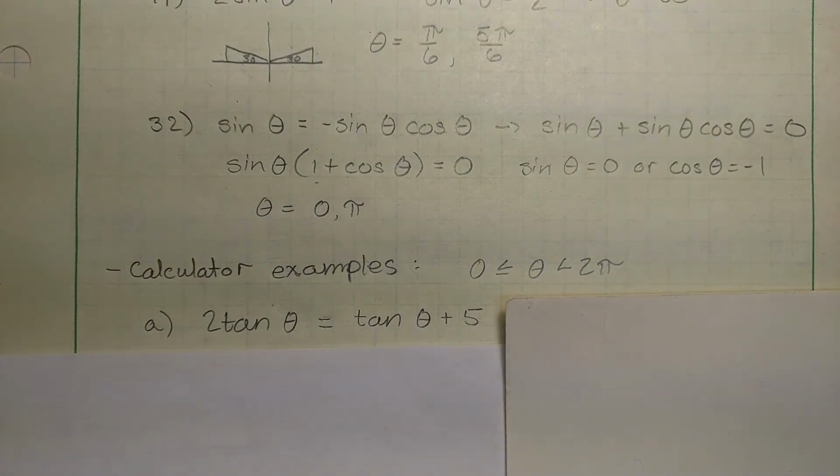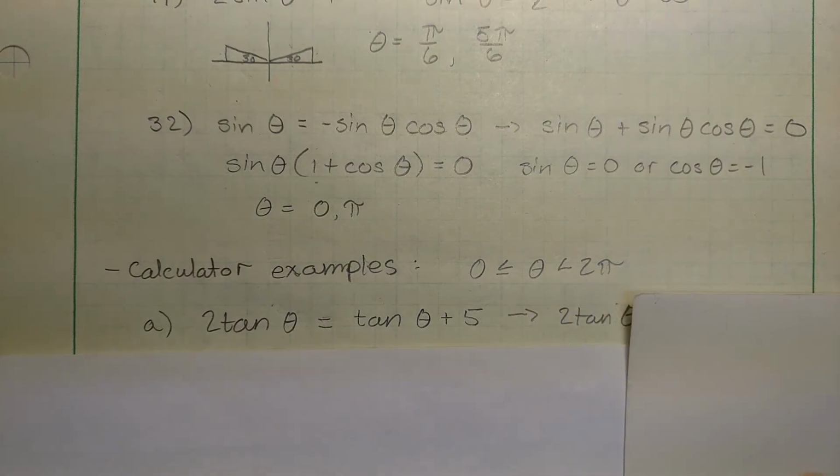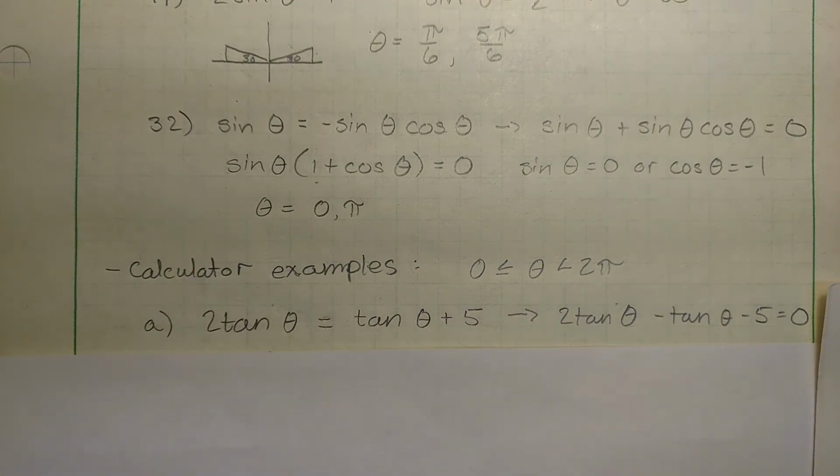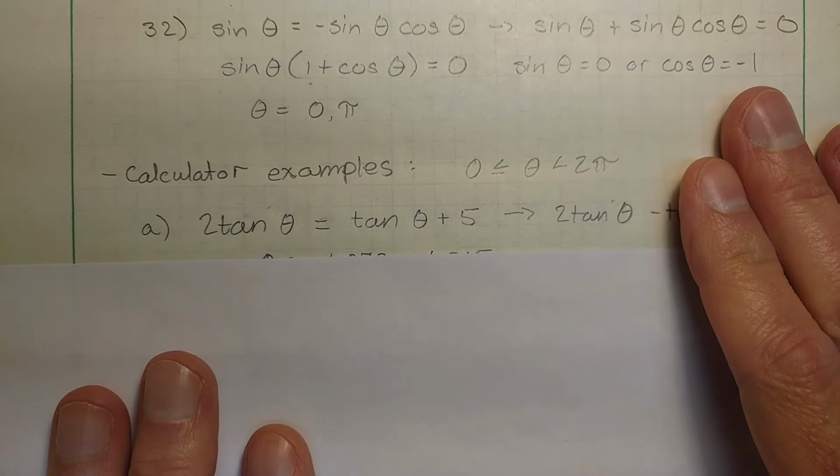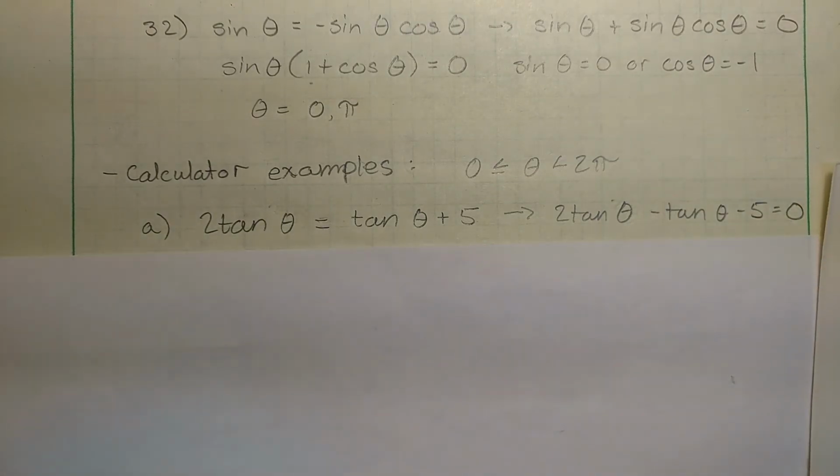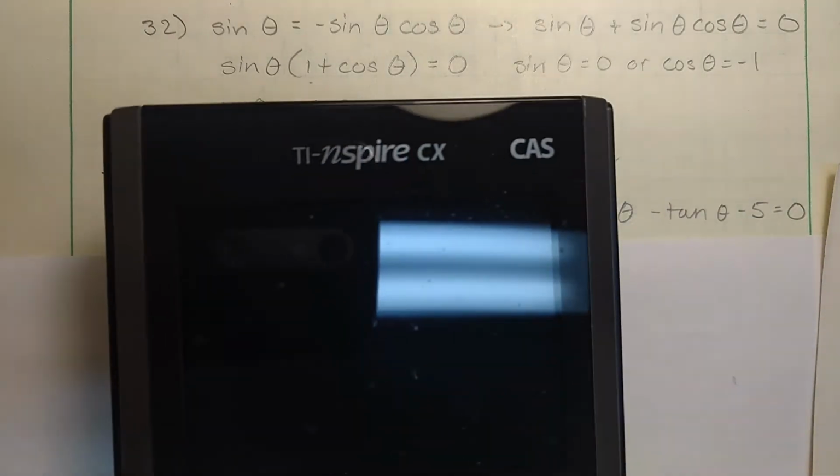So here we have 2 tangent theta equals tangent theta plus 5. So what I'm going to do is set it equal to 0, so I'll subtract the tangent theta and subtract the 5, and I know that's going to be equal to 0. Now I will go ahead and graph that. So taking out my calculator,